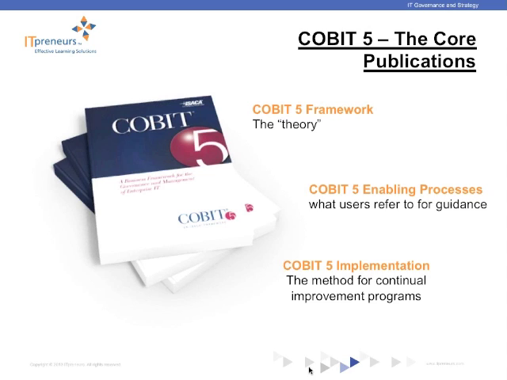So currently there are 3 core publications. What's known as the COBIT 5 framework, then what's known as the COBIT 5 enabling processes guide, and the COBIT 5 implementation guide. Previous users of COBIT who remember COBIT 4, 4.1, that's very similar to the COBIT 5 enabling processes guide. So this is the book that contains all the process guidance, and behind every process, all the best